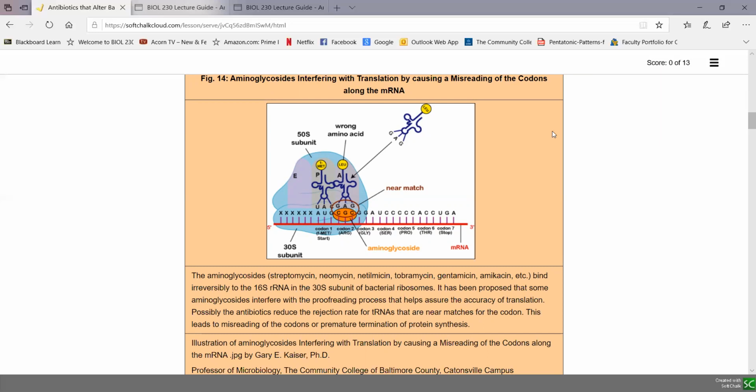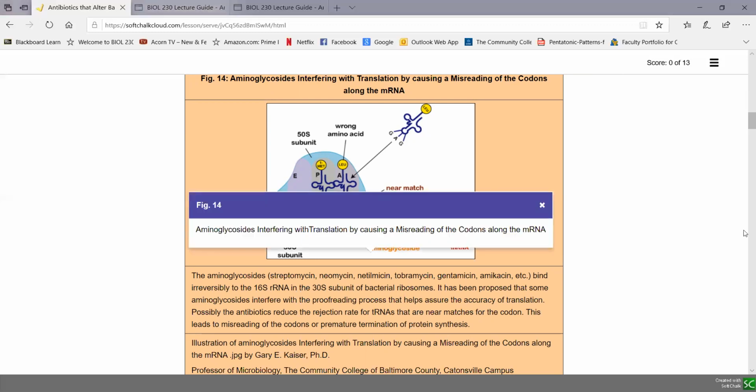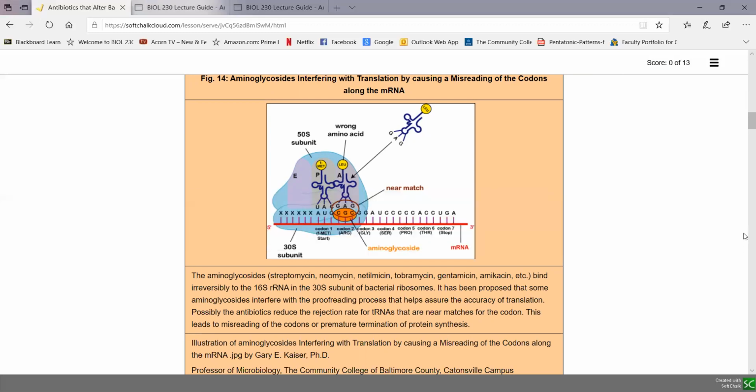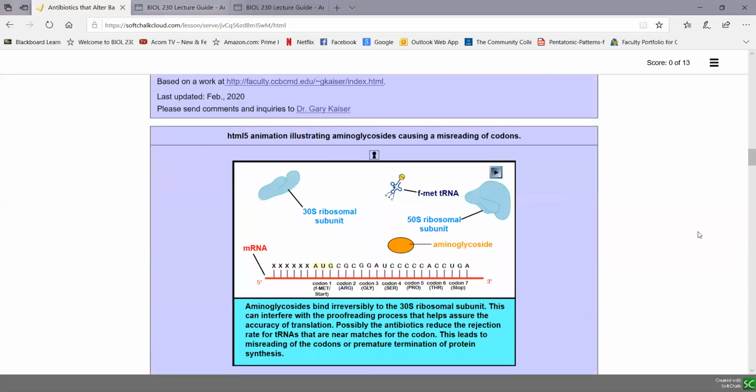And since many transfer RNAs have two of the three bases in common, what this does is increase the chance that the wrong transfer RNA will insert the wrong amino acid there. Because normally this codon CGC codes for arginine. But because the A and the G in the middle no longer have to match up, only the two outside ones have to match up. GAG actually codes for leucine, carries leucine, and that could insert a leucine by mistake. Now this is actually easier to follow on the animation here,